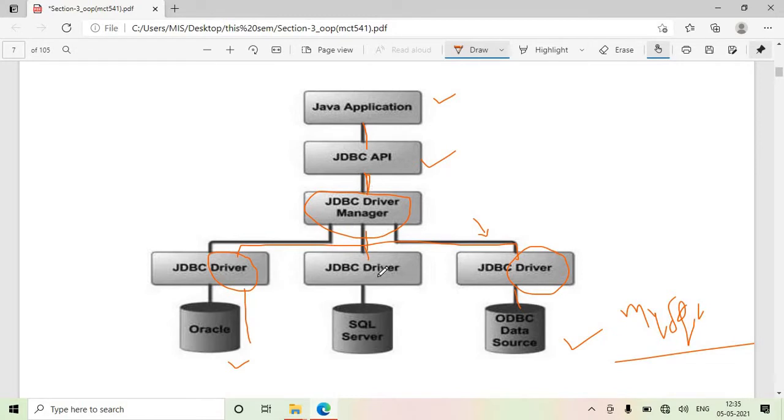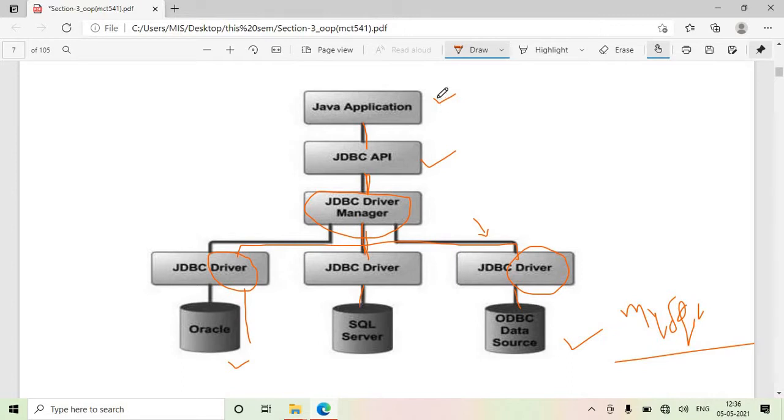Then whatever kind of database you want to connect, the driver manager will interact with the appropriate JDBC driver, and that driver will be linked with your database physically, and accordingly you can access your database from your Java code.